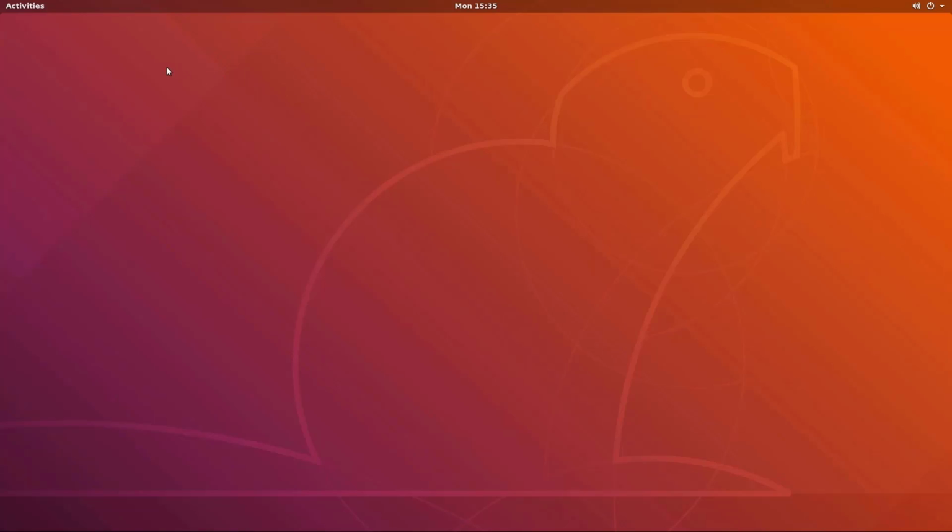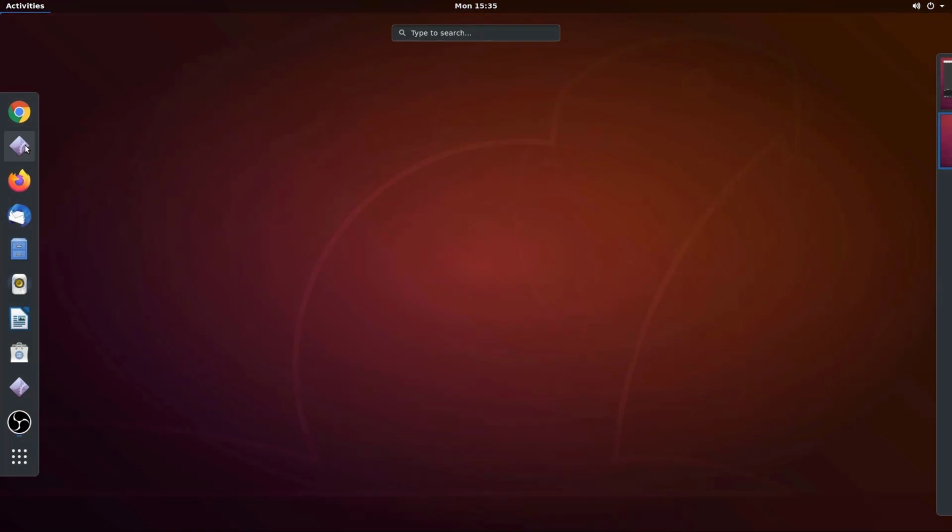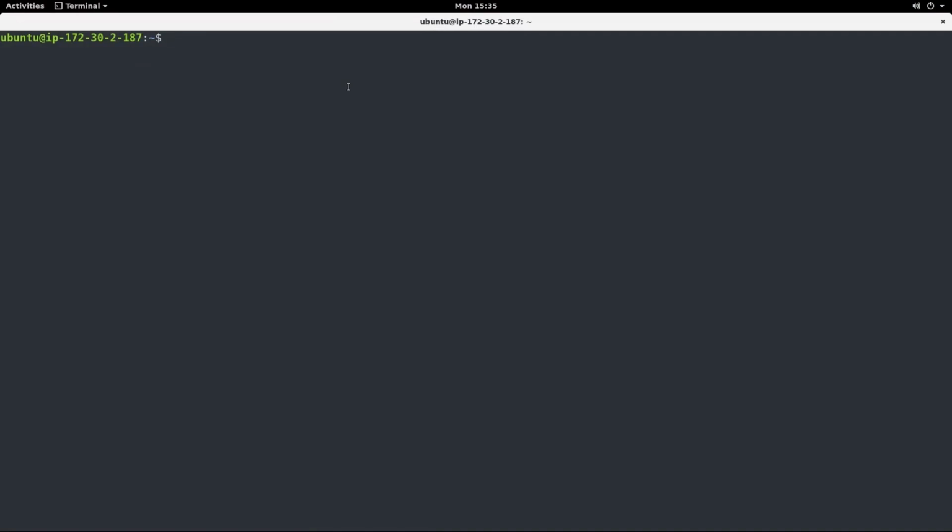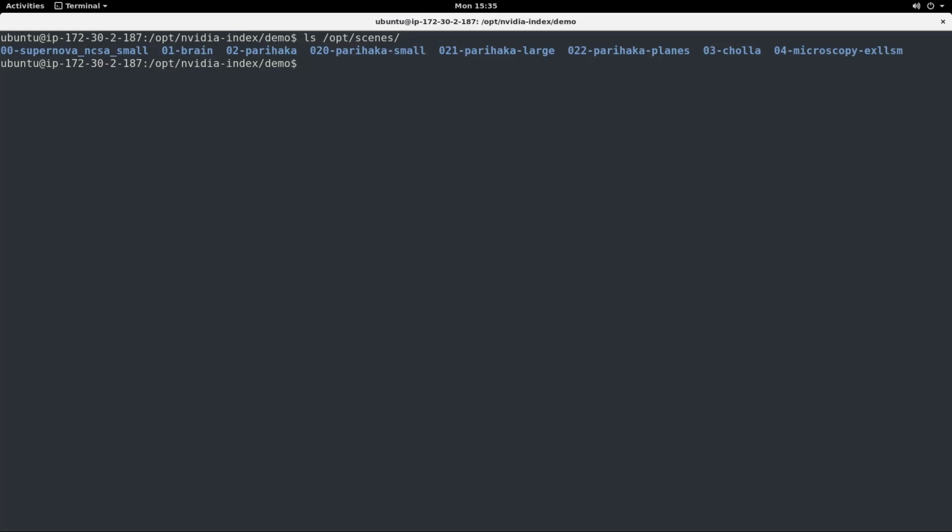Thank you, Kartik. Let's see now how to start NVIDIA Index. So let's open a terminal. Go to the package directory. Before we start, I would like to mention that the AMI contains sample scenes from various domains, like astrophysics, geoscience, microscopy, and medical. We're going to use the brain dataset, which is a scan of a human brain at nearly cellular resolution. So to start, we do srun, because we're using Slurm to launch on the compute nodes, and vindex